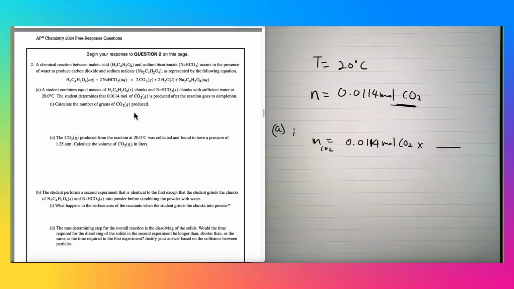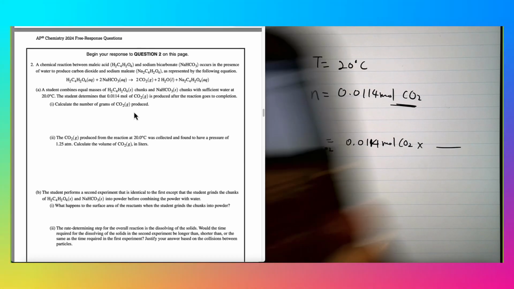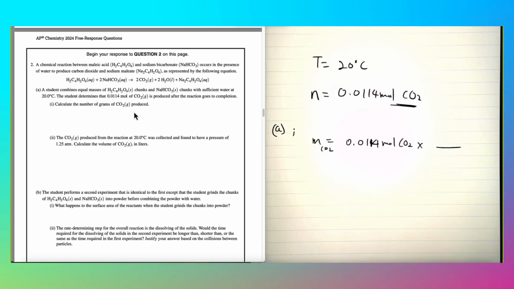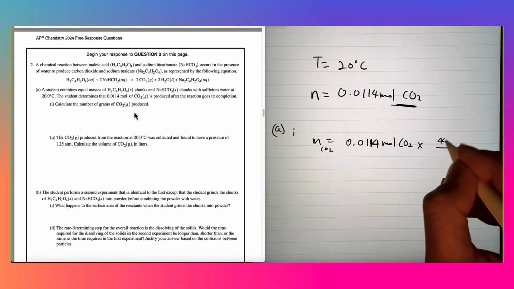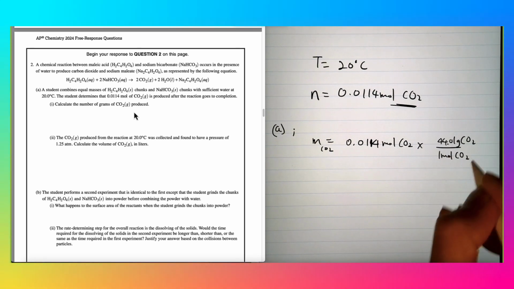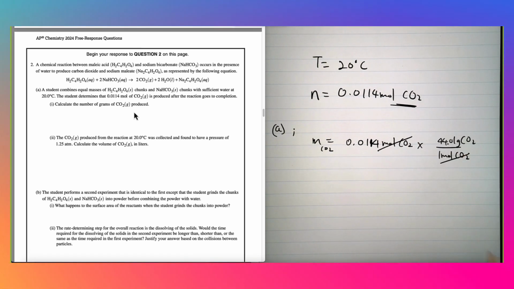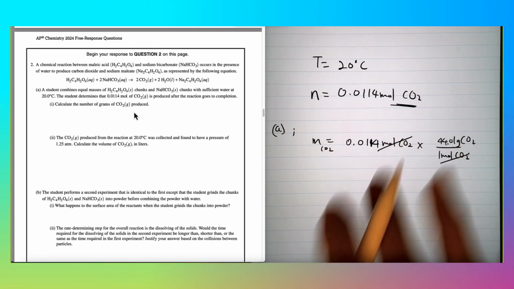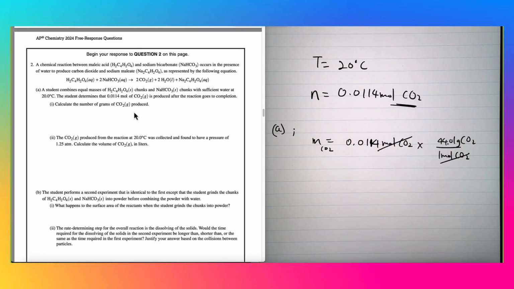Now, you can always use your periodic table, and carbon has 12.01 grams per mole and oxygen is 16, but there are 2 of them. So you multiply that by 2 and you should get 44.01. So you're gonna put the 44.01 grams on top and you put the 1 mole of carbon dioxide on the bottom. And we can cancel out the moles of carbon dioxide and then multiply these 2 numbers. 0.0114 times 44.01 gives me